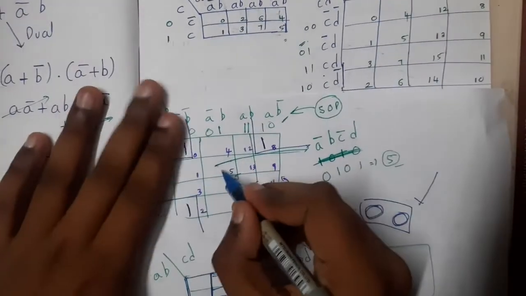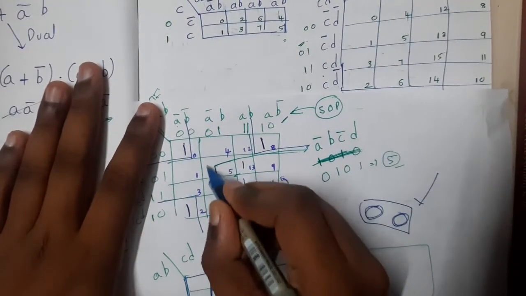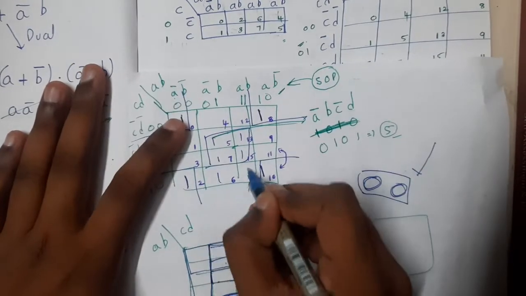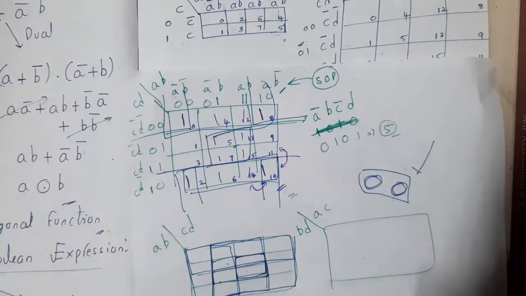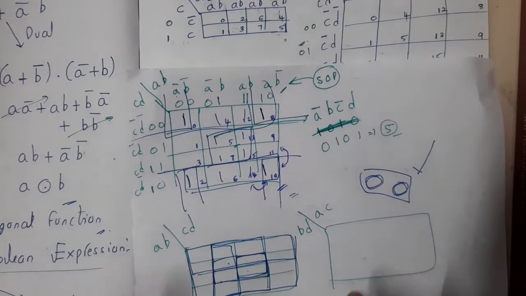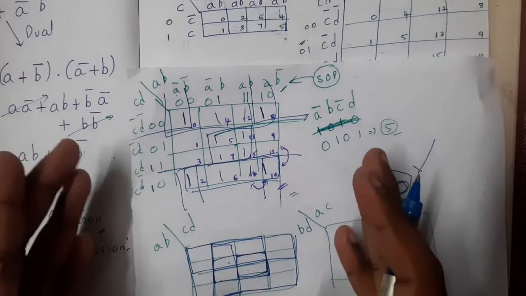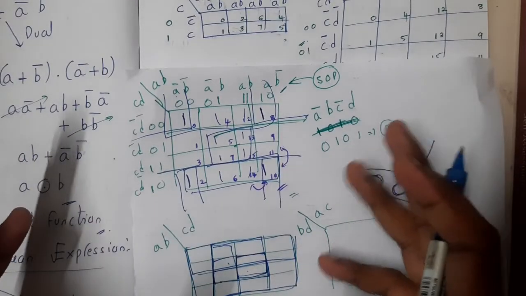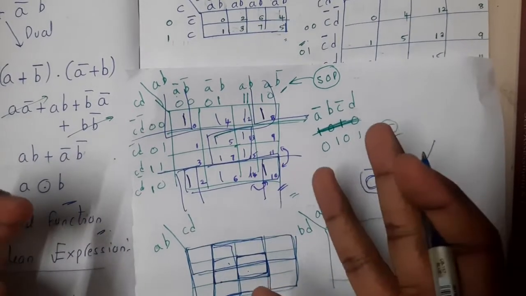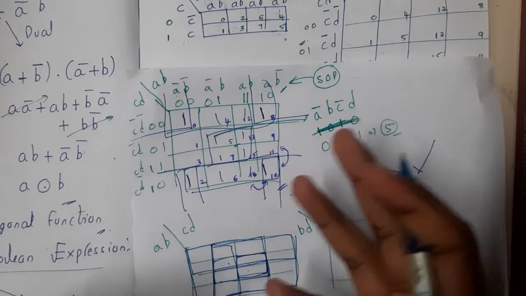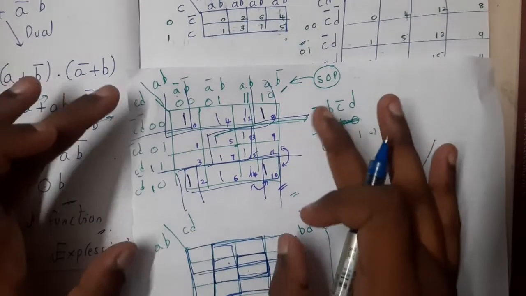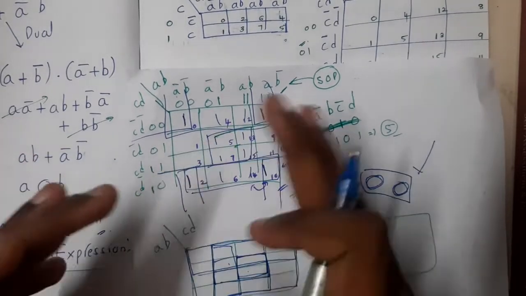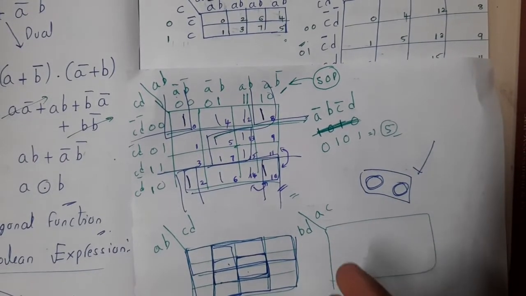If a number is here, you will combine these 4. If a number is here, you'll combine these 4. If a number is here, you'll combine these 8. In that way, based on small changes, these combinations will change. And always combine the maximum, guys. If there is a chance to get 8 at a time, take 8 at a time. Why take 2 four times, right? That is the logic which we apply, guys. You need to practice these problems, then only you will get a clear idea.